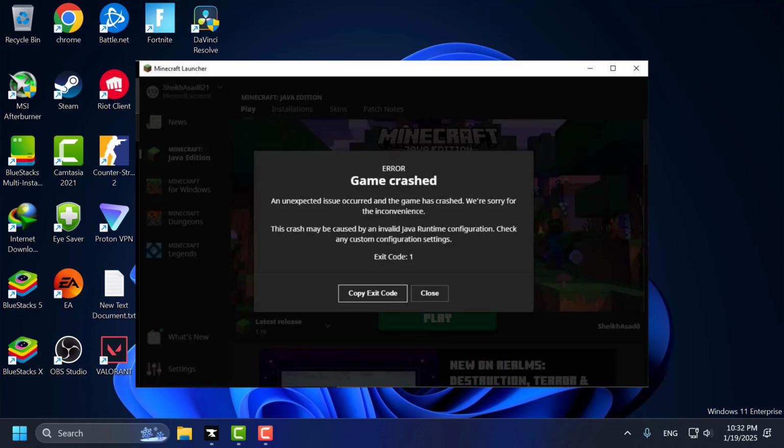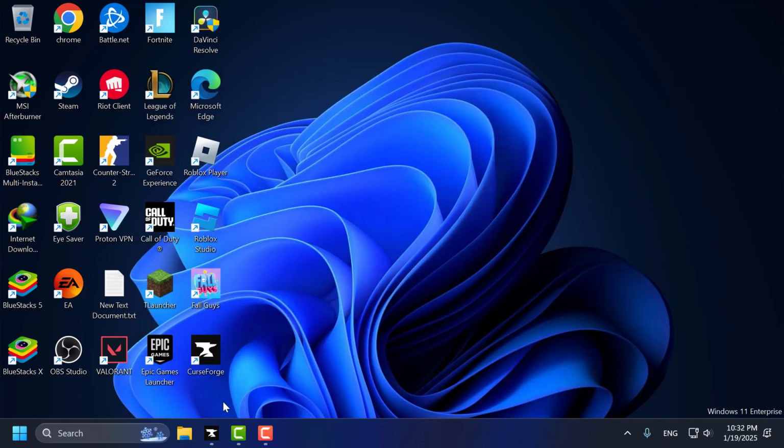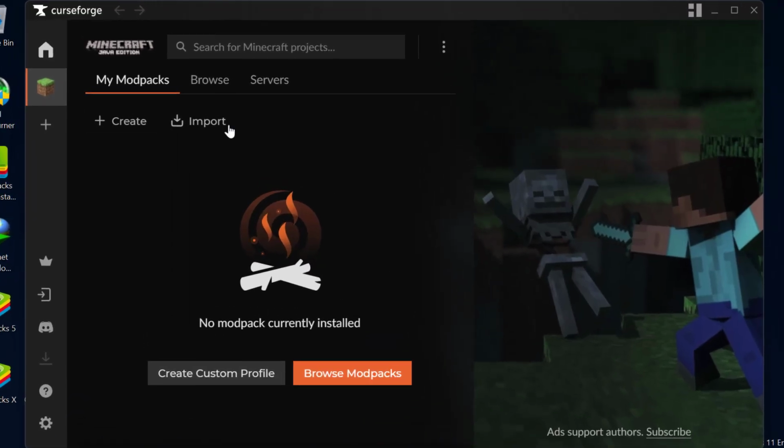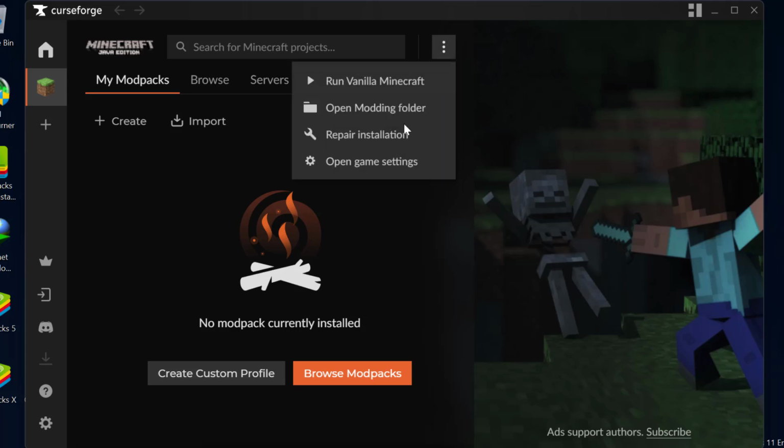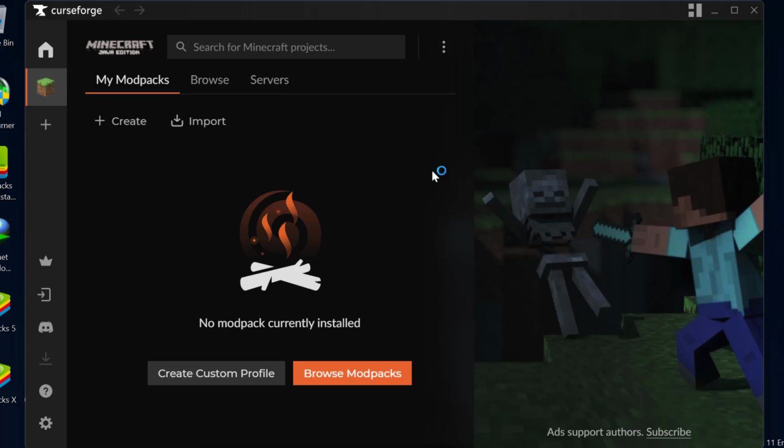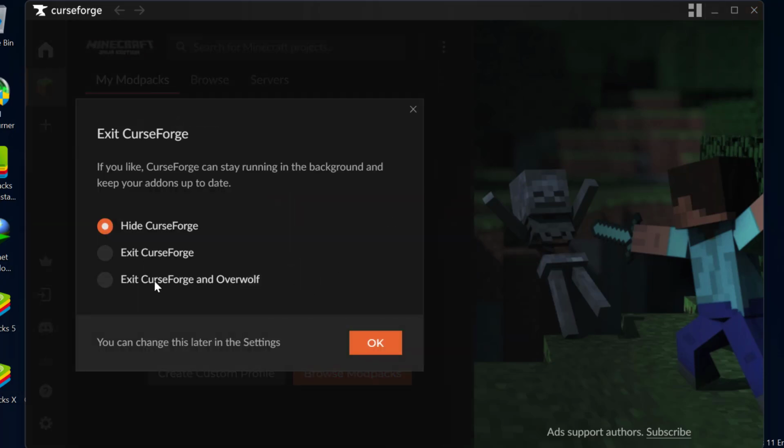Today we are going to see how to fix Minecraft error code 1. Let's fix it, guys. Method 1: you just need to open up the CurseForge app and click on Minecraft over here, select the three-dot icon and select Repair Installation. After the repair installation, you can check if the problem is solved or not. If the problem is not solved, then